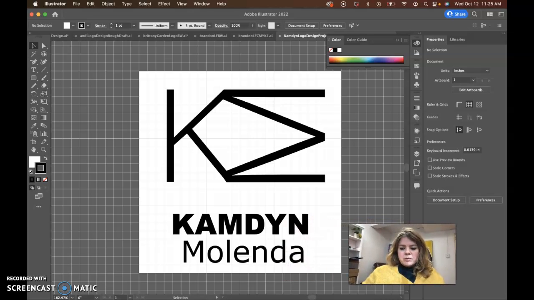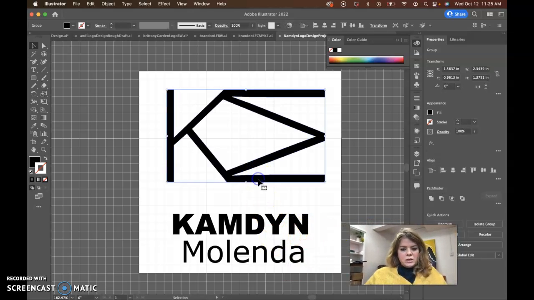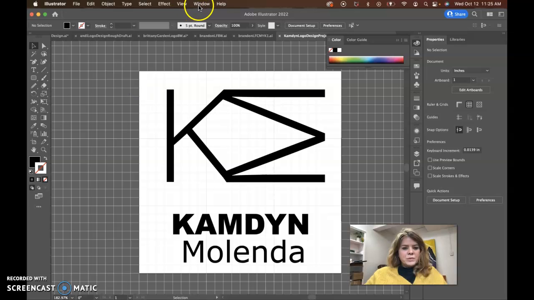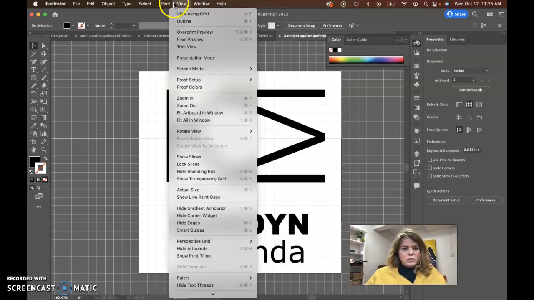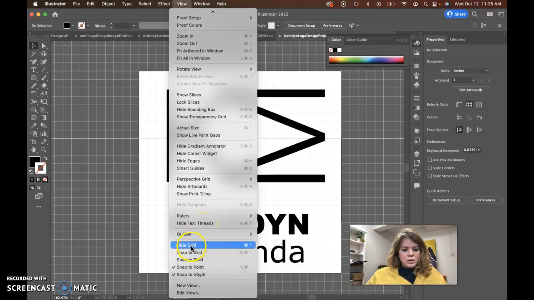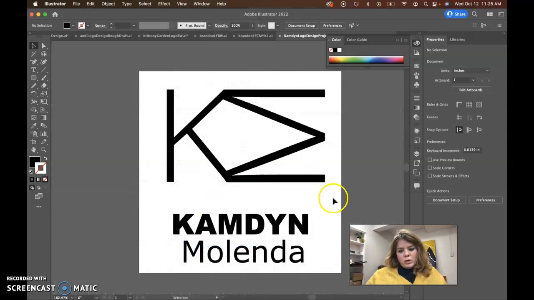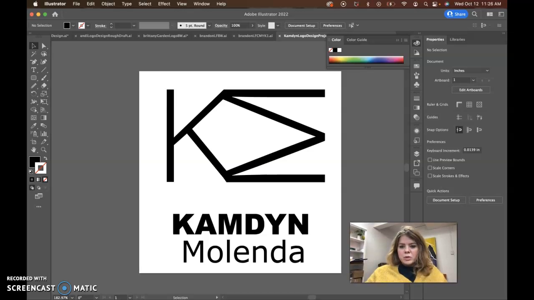Hi, Camden. First thing I'm noticing about your file is that you have the grid turned on, I think. So if we go to View at the top menu in Illustrator, go down, we can hide grid here, and that will get rid of the grid that you have. I don't know if you're wanting to get rid of that, but